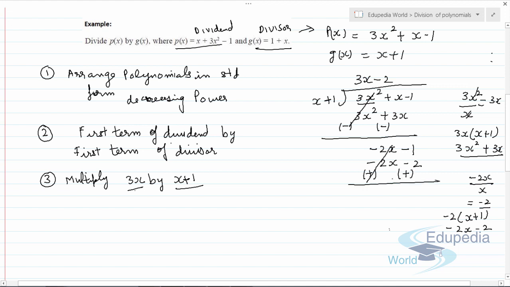These two terms will cancel out, so what we get is minus 1 plus 2. The answer is 1. Now we have to stop over here. Now let me clarify first. The last point is, we'll continue the division process